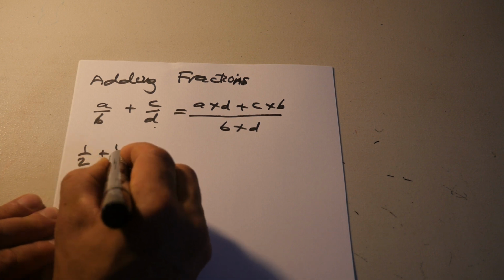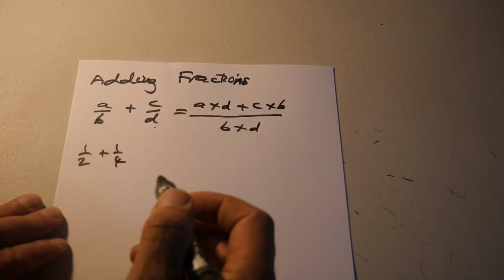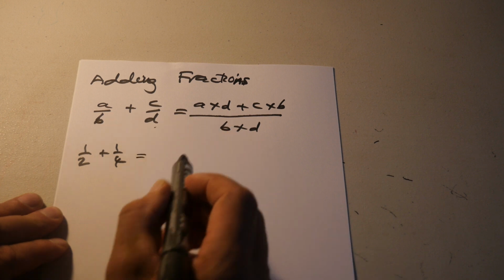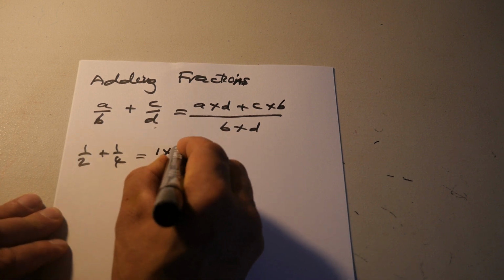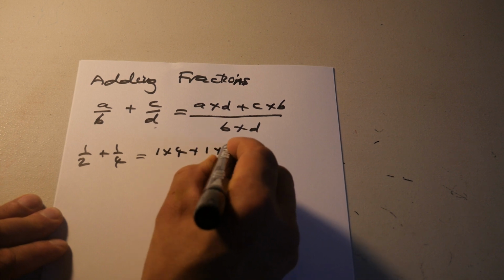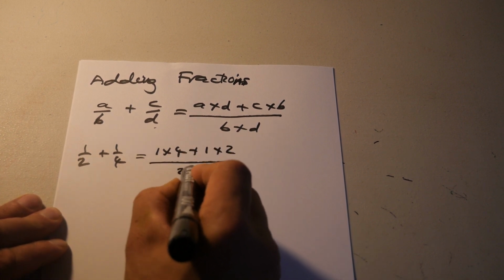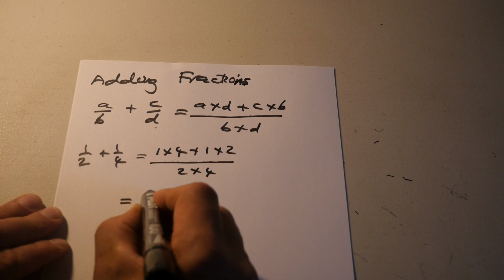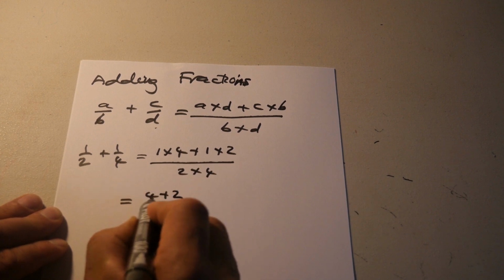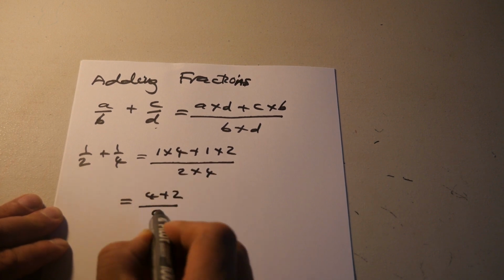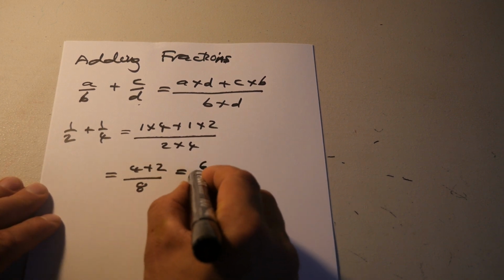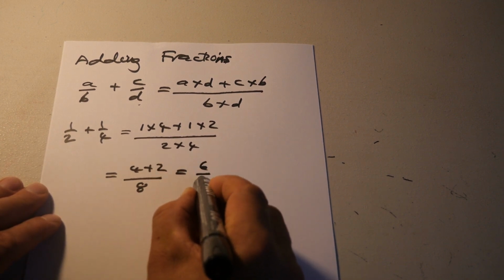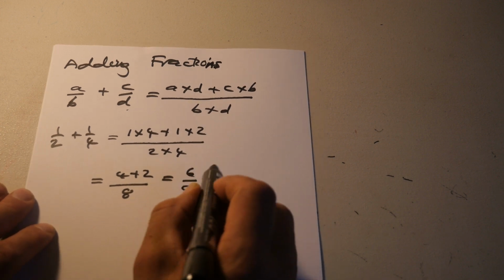So you have 1/2 plus 1/4. We would expect that to equal 3/4. We'll try it with this method. 1 times 4 is 4, plus 1 times 2, over 2 times 4, which equals 4 plus 2 over 2 times 4 is 8. Okay? Which equals 4 plus 2 is 6 over 8. Okay? And then